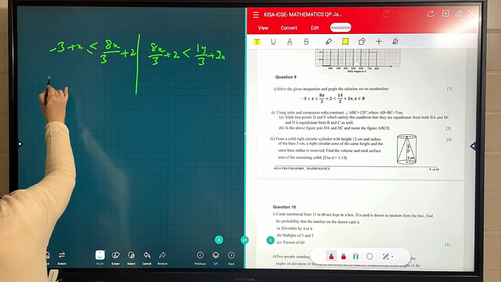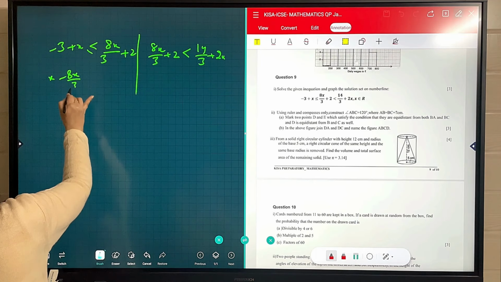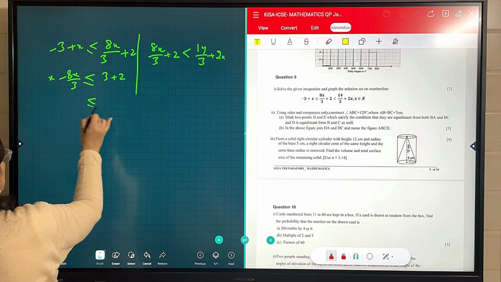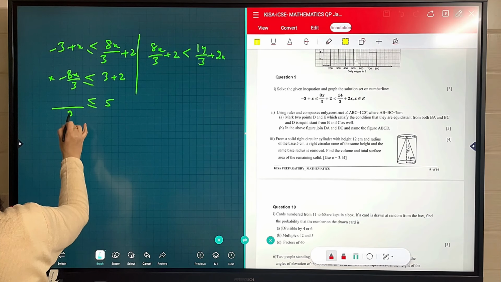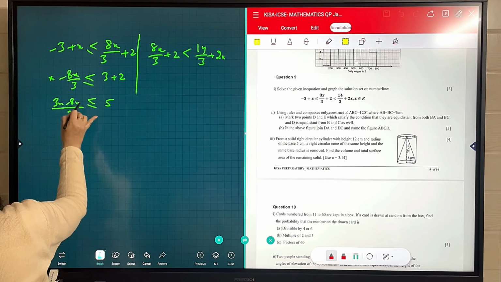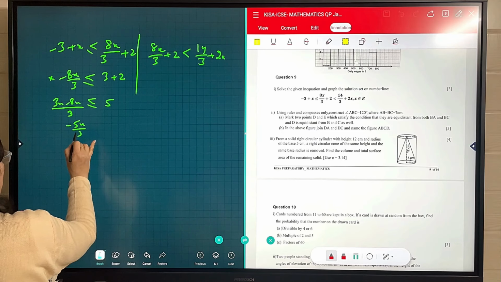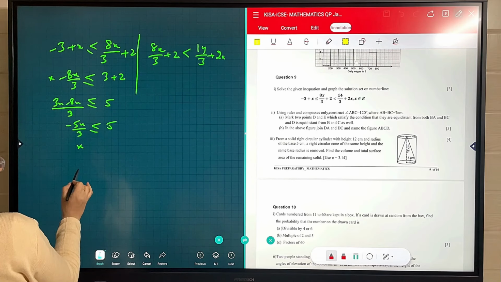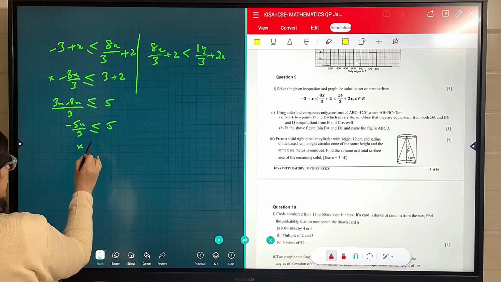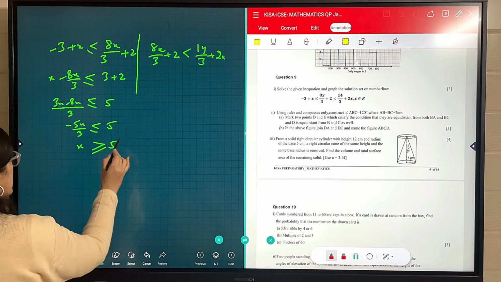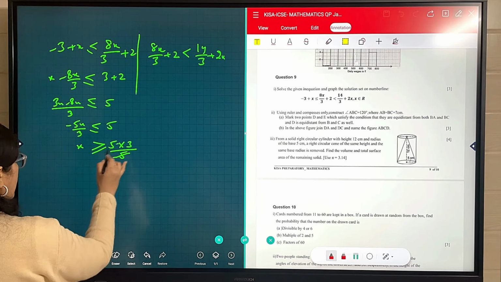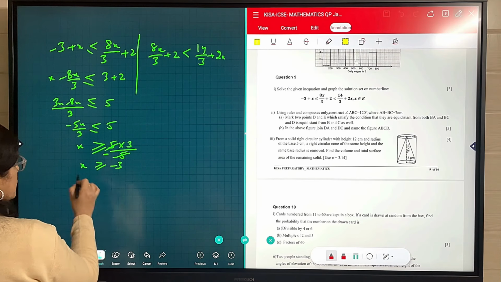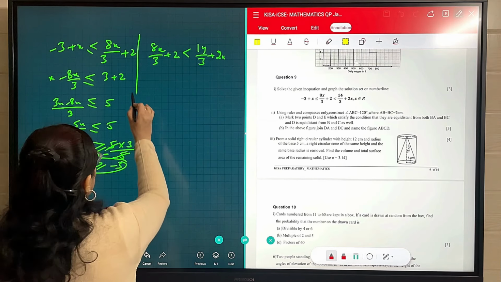So here, x, minus 8x upon 3 is less than or equal to 3, which will transpose to this side, 2 plus 3 is 5. So it will become 5 here, LCM. So 3x minus 8x, it means minus 5x upon 3 is less than or equal to 5. Because a negative sign is there and we are going to divide by the negative, we have to change the inequality sign. So it is 5, and 3 by 5 is now... The minus will remain here but the sign will change. So greater than minus 3. So x is greater than minus 3, the first value we have to show on the number line.